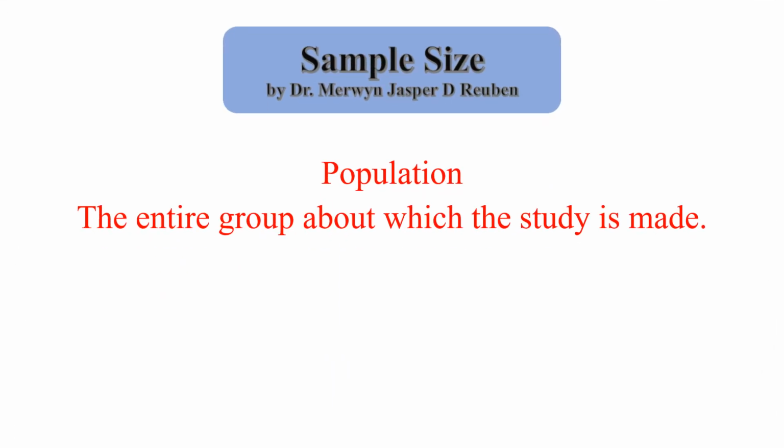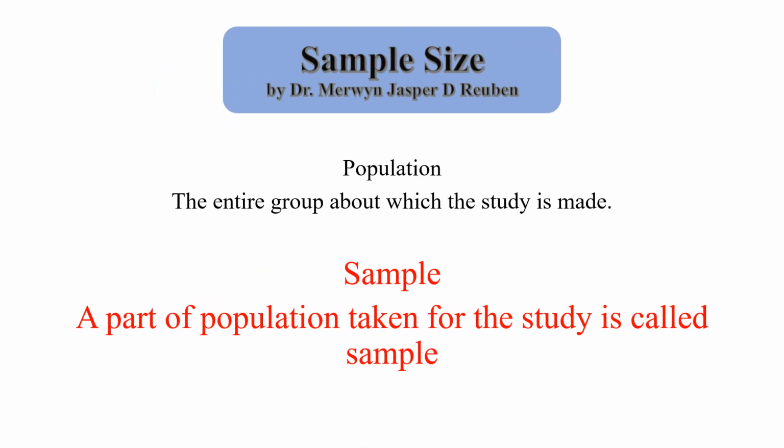Population. We define population as the entire group about which we want results. Usually, it is so huge we cannot collect data of the entire population and hence we go for a sample. Sample. It is defined as the part of population that we study so that we can apply the same conclusions we arrive at for our sample for the entire population.